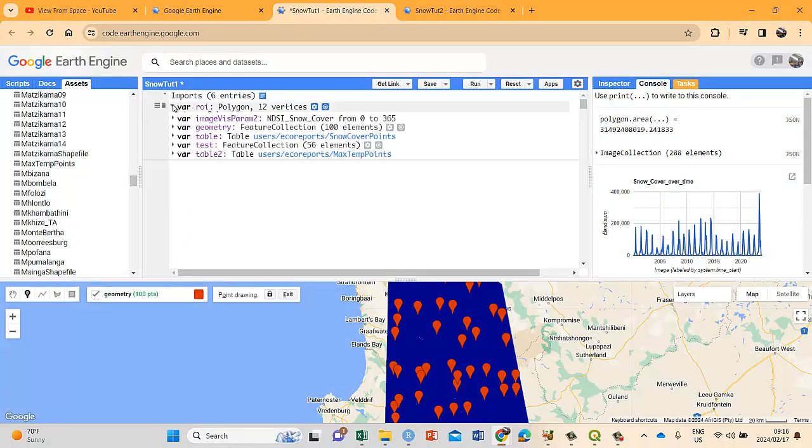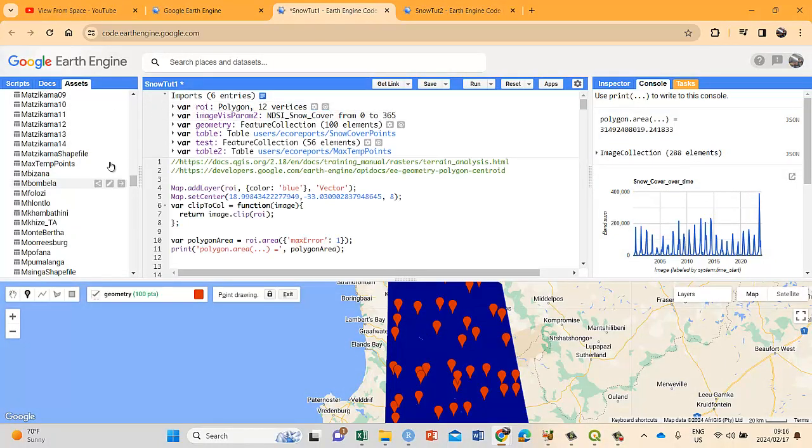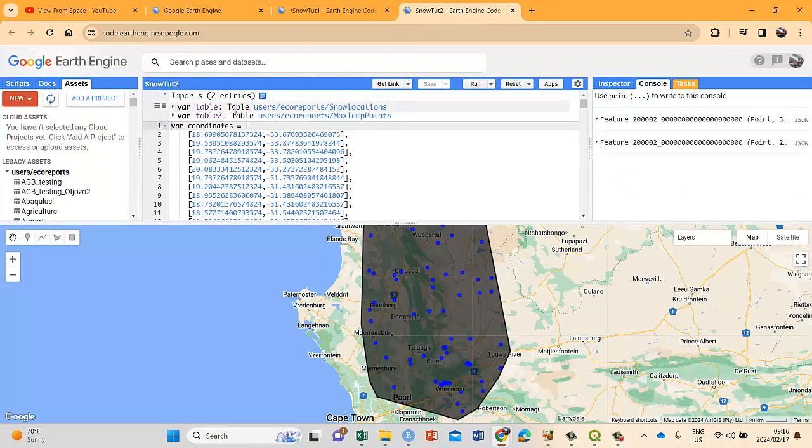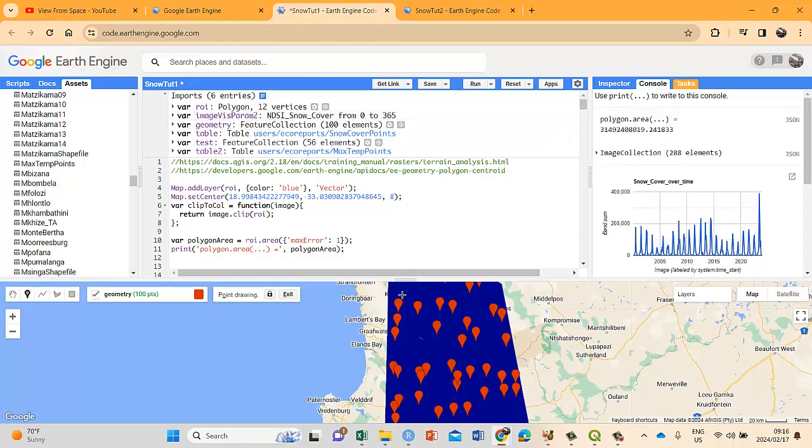So that implies it's not saved in my assets. I haven't saved it in my assets, meaning I can't import it into my new script because it doesn't sit within my asset. I haven't created the asset. I've only created the polygon, which is in this particular script. So for any other script, that polygon doesn't exist. I cannot bring it in because it's not existing in my assets. So the first thing I have to do is reproduce or recreate this polygon in my new